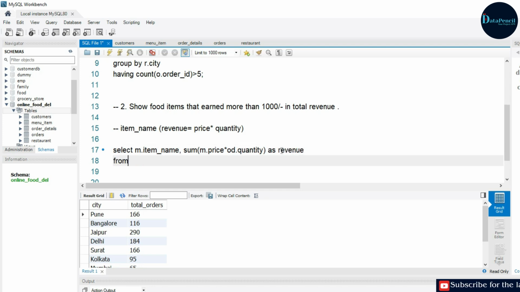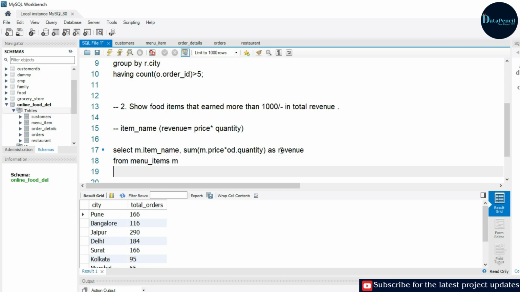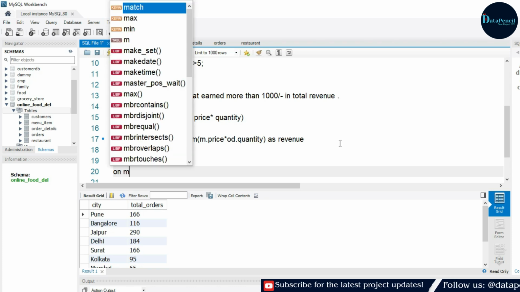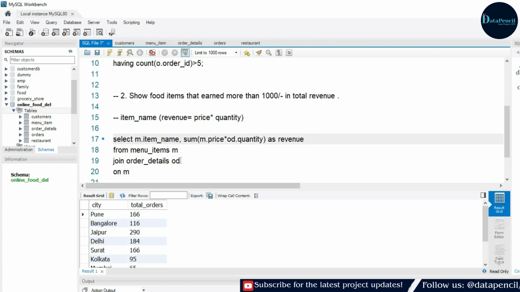Now, this all data is available in which table? It is available in the menu items table. Okay, and we have to define it with M, as well as we need to join this menu items table with the order details table, OD. Now on what basis? On item ID, the common column in both the tables, right?